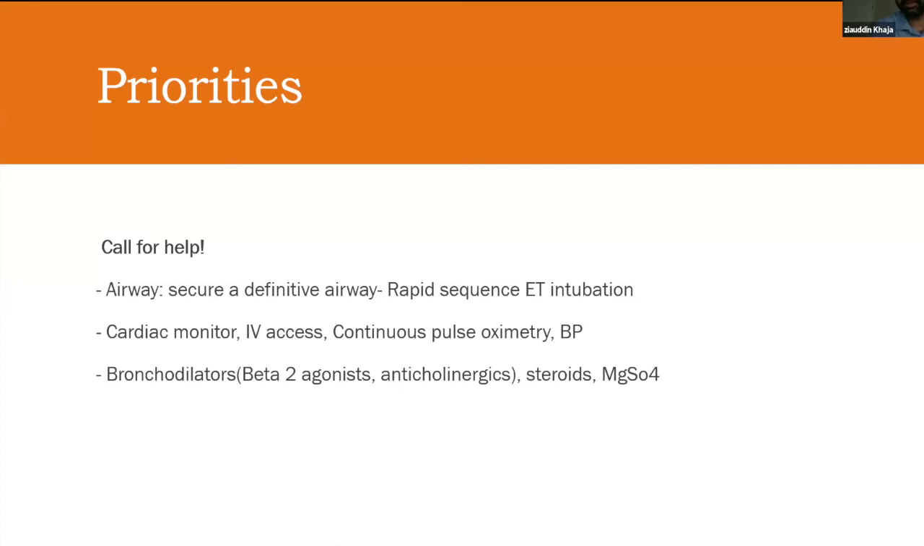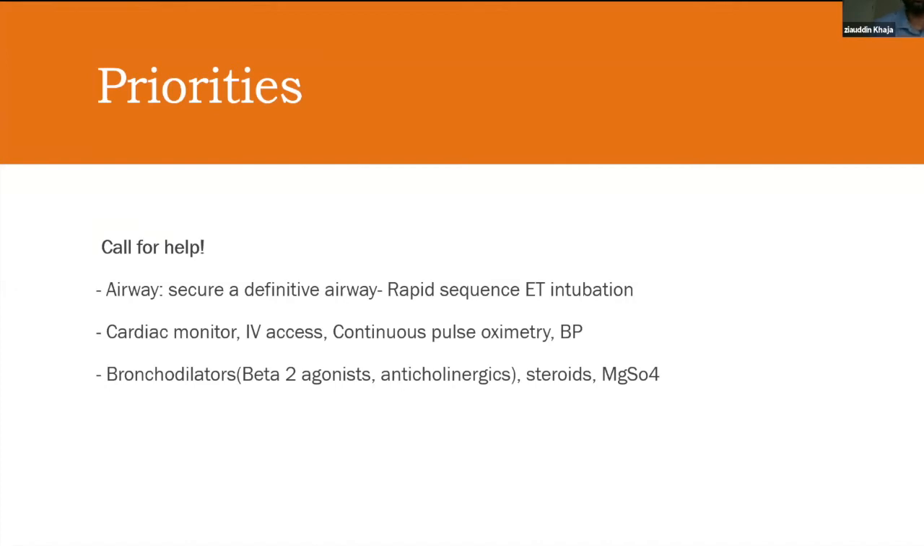bronchodilators and steroids. My question is, why steroids? Do steroids help right away? Right, we'll come back to that one. And then magnesium sulfate is also a good bronchodilator that's being used more and more now. And so basically, this is the idea. Right. So steroids. So basically,